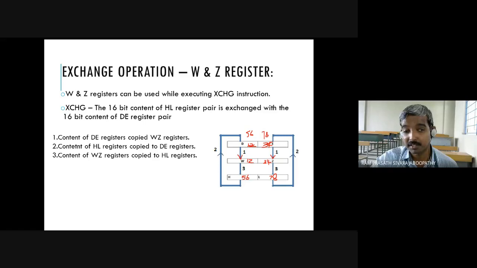So 12 அப்படின்றது இங்க வந்துரும் 1 2. So here it become 3 4. So the initial content என்ன இருந்துச்சு பாருங்க. 1 2 3 4 is available in DE register pair. Okay, HL register pair is having 5 6 7 8 initially. Correct? After executing the exchange instruction, by this means the content available in HL register pair get exchanged with DE